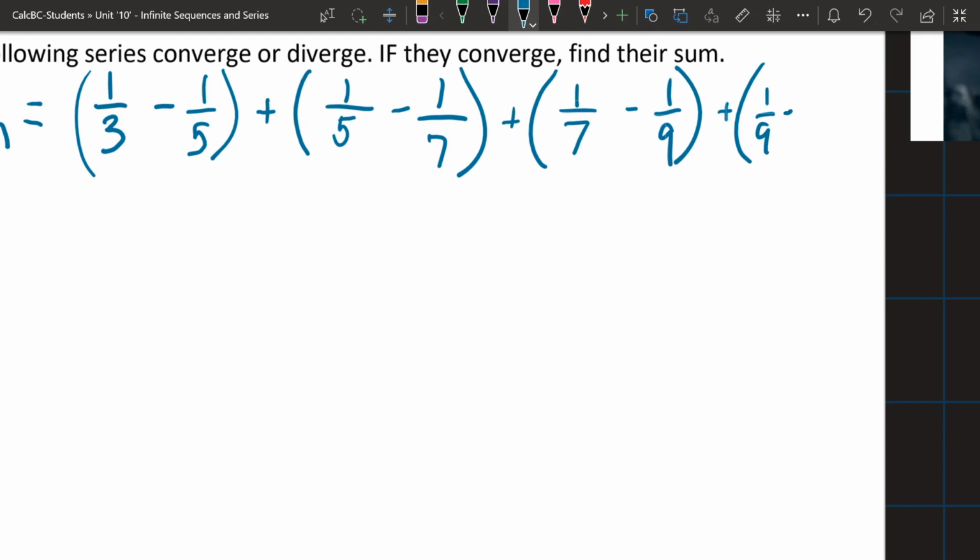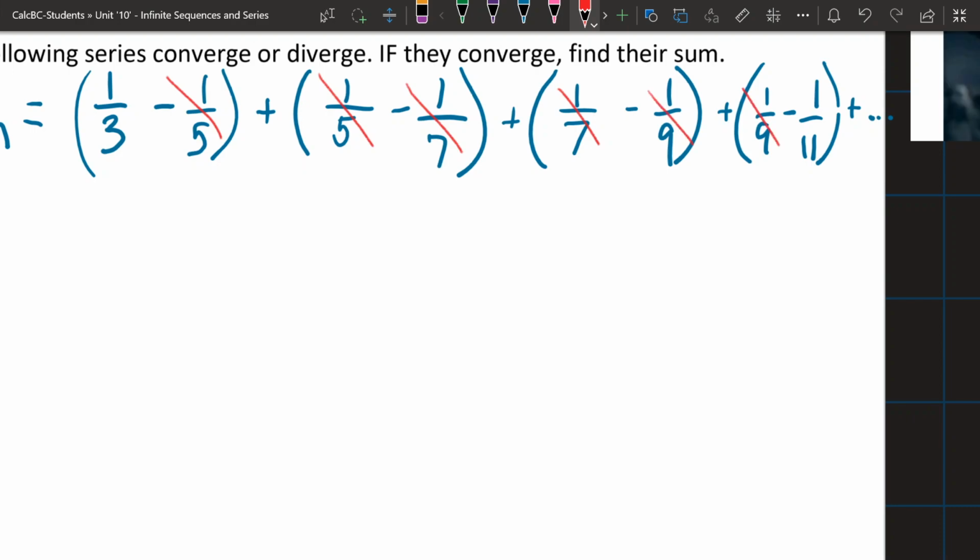Plus 1/9 minus 1/11, and you get the idea. All right, and then we look and see, can we compress this? So we've got a negative 1/5 and a positive 1/5. That's a 0 pair. Those go away. Negative 1/7, positive 1/7,